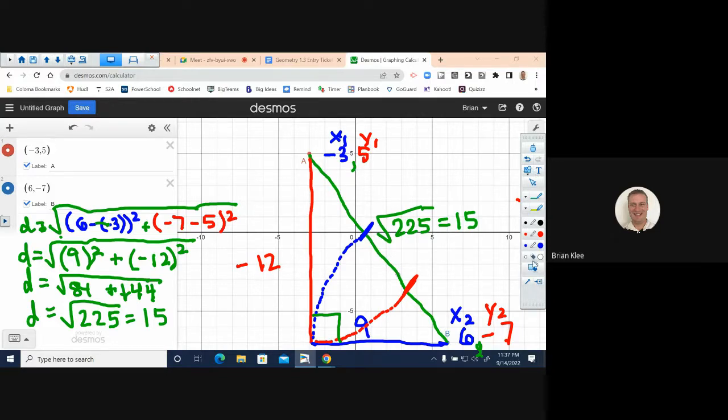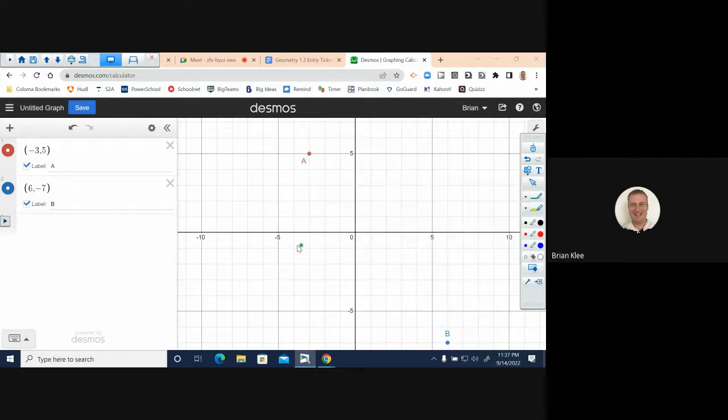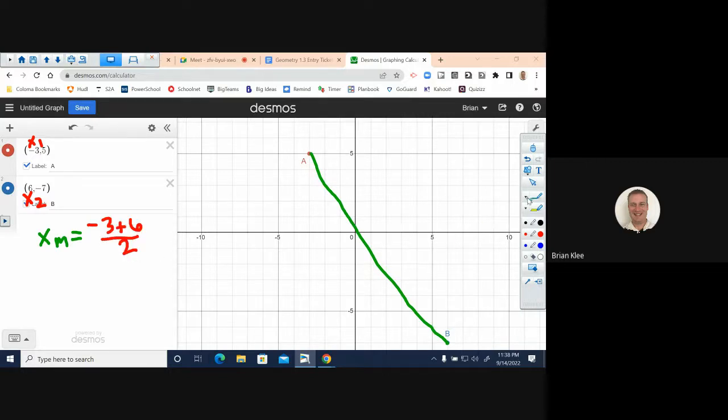All right, midpoint formula. So here's our line again between two endpoints, previous learning target. Our midpoint's somewhere around there. So midpoint formula is, all right, what's the x at the middle? Well, once again, take the x's, negative 3, positive 6. Let's add them and divide by 2. Take the y's,